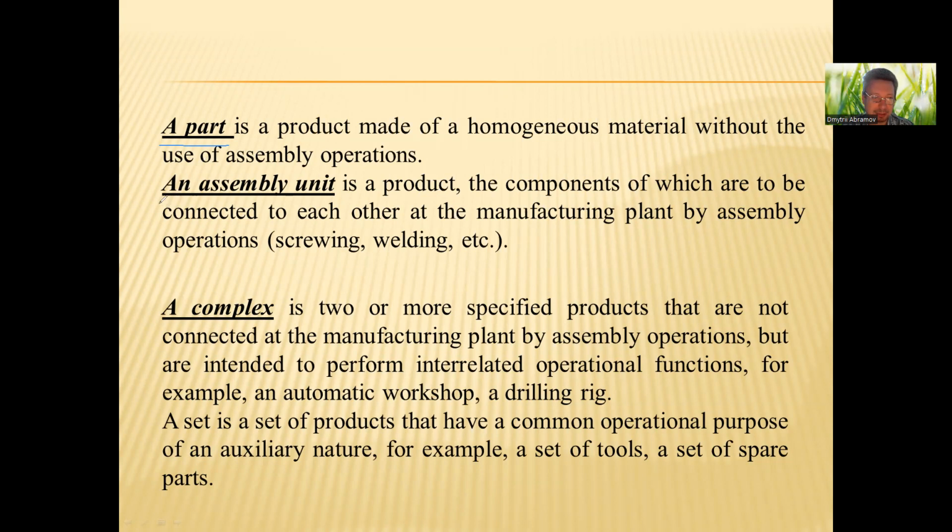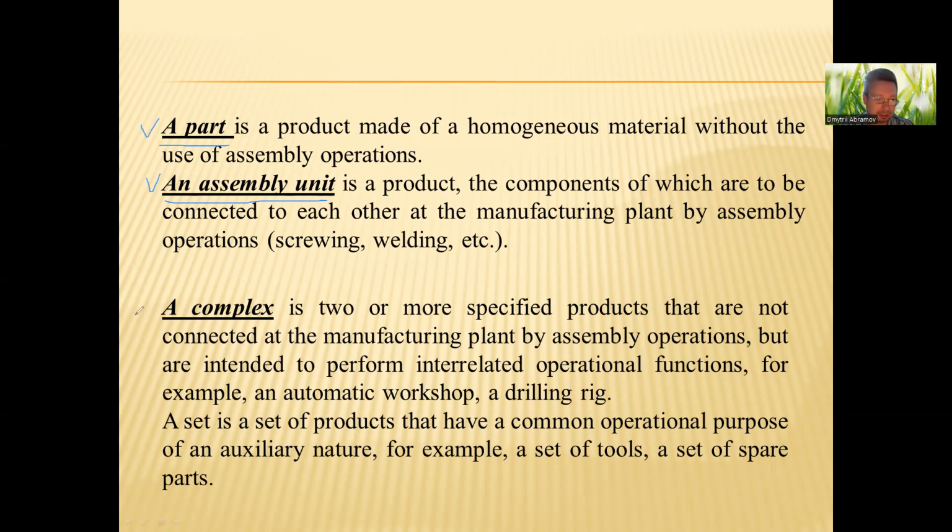An assembly unit is a product, the components of which are to be connected to each other at the manufacturing plant by assembly operations, screwing, welding, etc. Write down in your notes what is a part, what is an assembly unit,